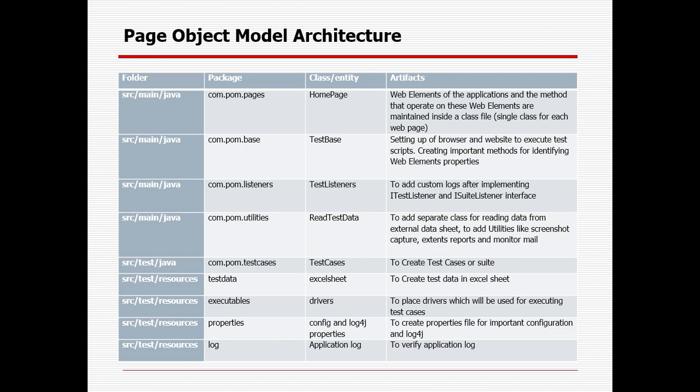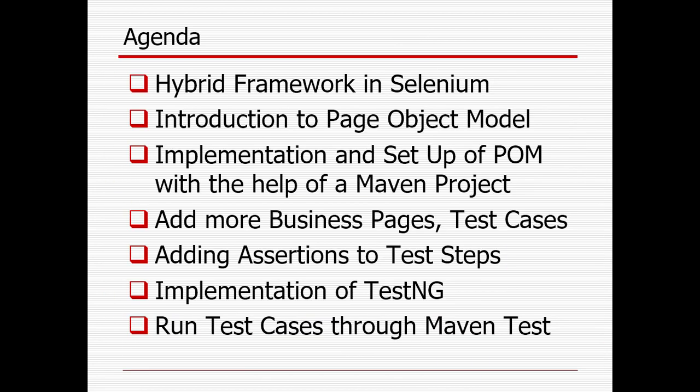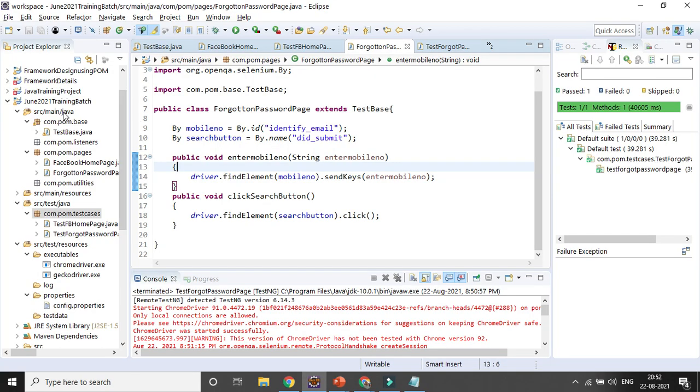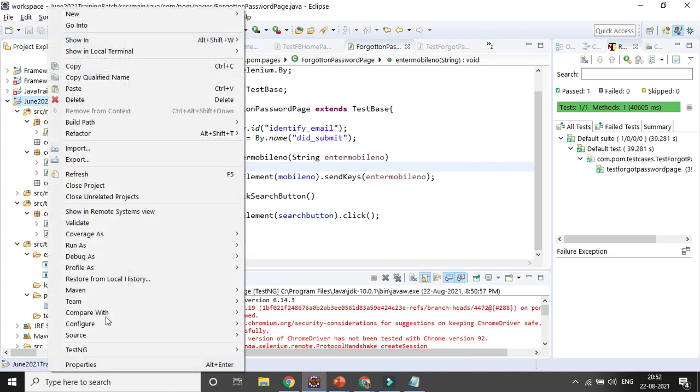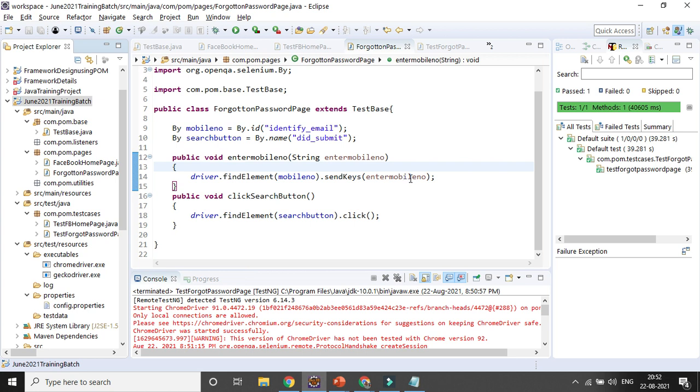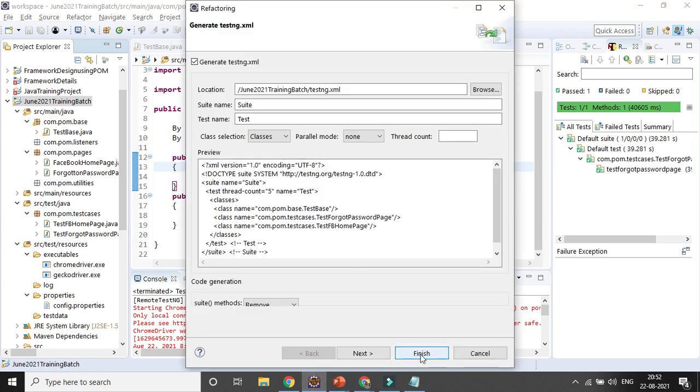So I will be covering that part, how you can implement TestNG, right. So you need to select the project, right click here, and convert to TestNG. Then I can click on the finish. If you want to give the suite name, suppose say Facebook page suite, Facebook page.